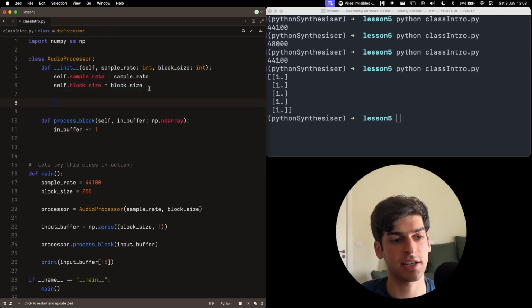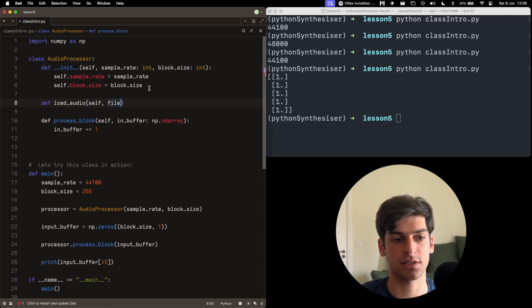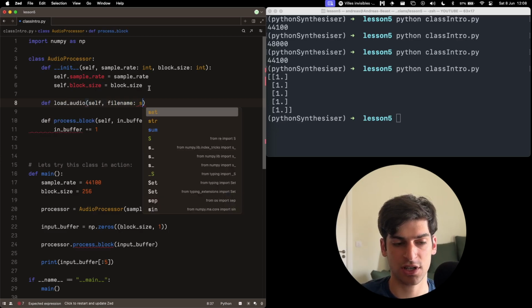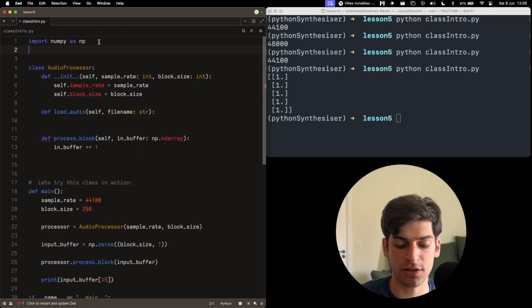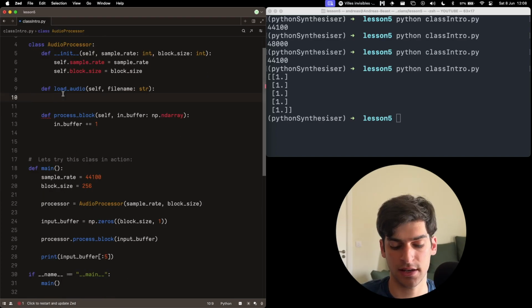For that, let's create a new method in the audio processor, and we're going to call this one load audio. It needs to take in the self, and it needs to take in a file name, which in this case is a string. We'll be using Librosa to import our audio files. So we need to import Librosa at the top of the file, and then in our load audio function, we are going to call